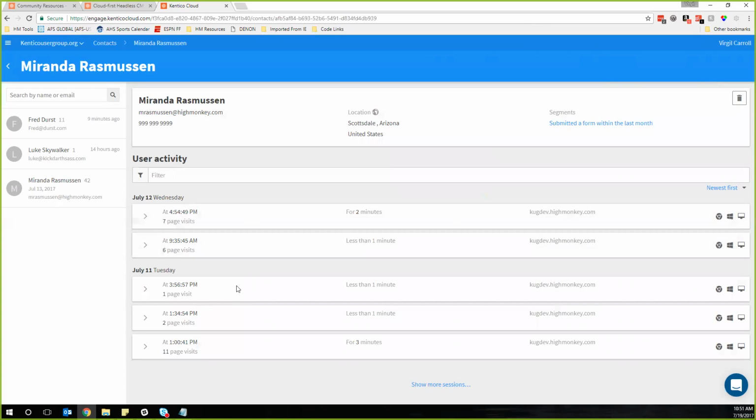Where we're able to capture this information so granularly for Luke and Fred and Miranda is because they filled out a form on the site. The Kentico Engage platform captures the data from that form and actually allows us